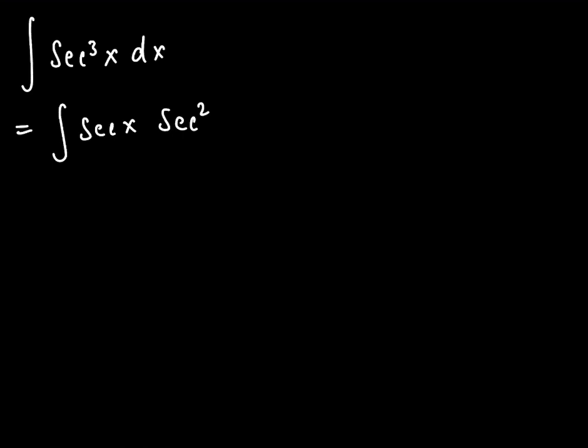Today we're going to solve for the indefinite integral of secant cube x dx. To solve this indefinite integral, first we're going to expand this expression into secant x times secant square x dx. Now why did we do it? Because we're going to use the formula of integration by parts, which states that the integral of u dv equals